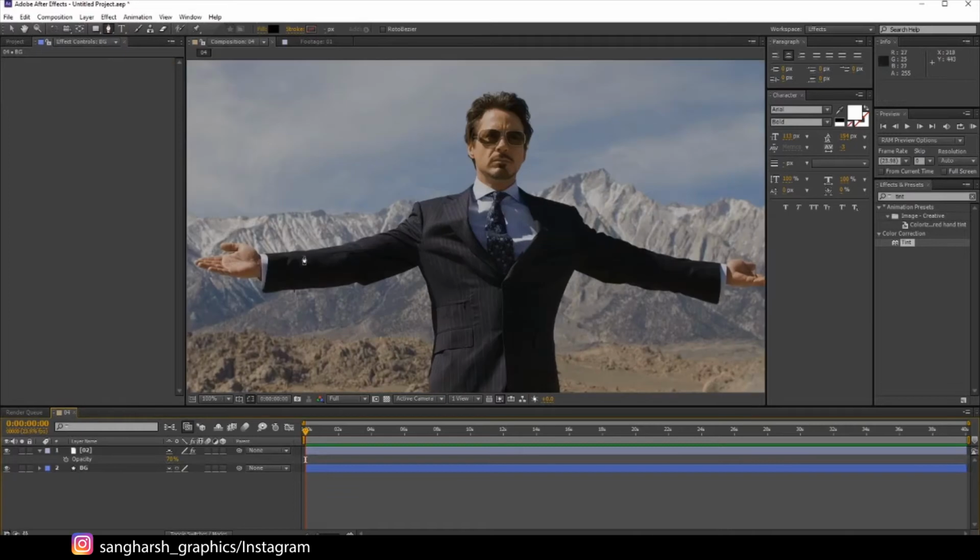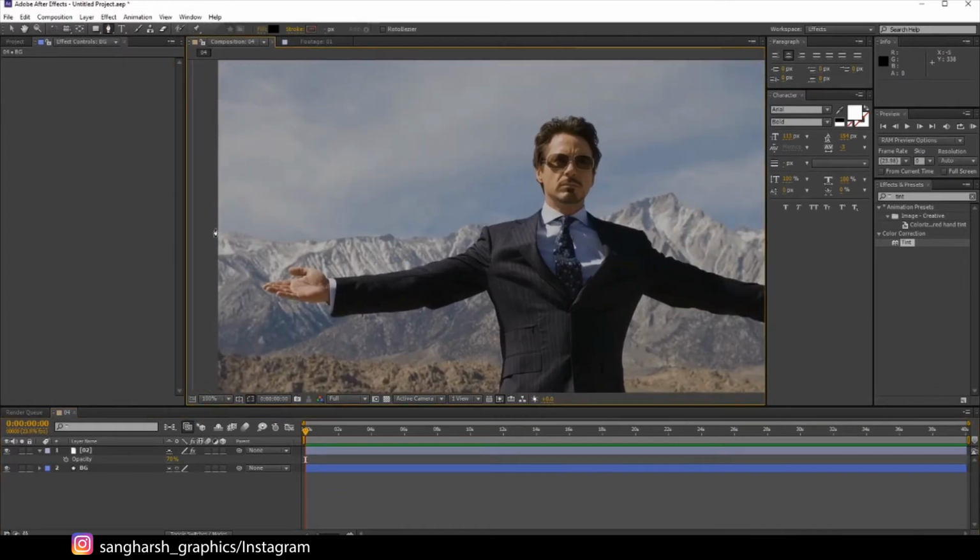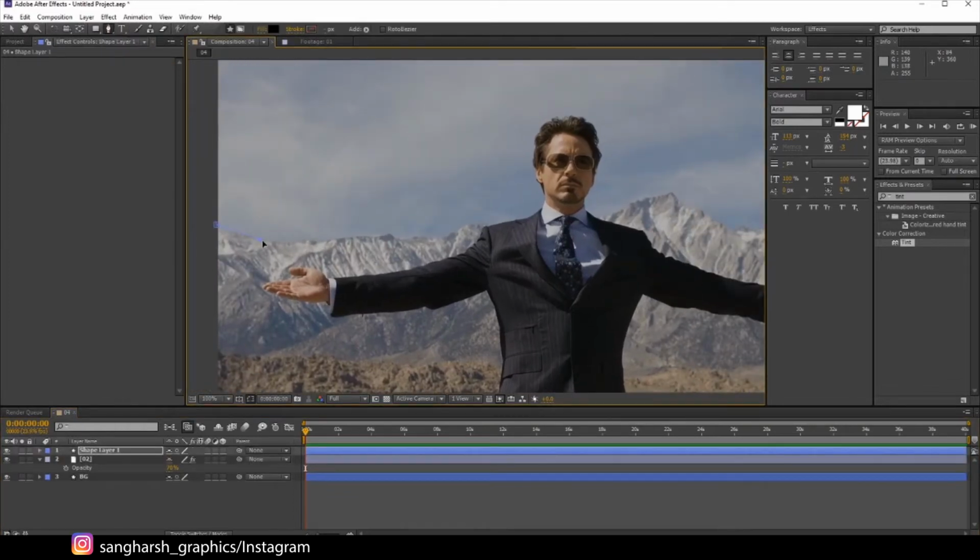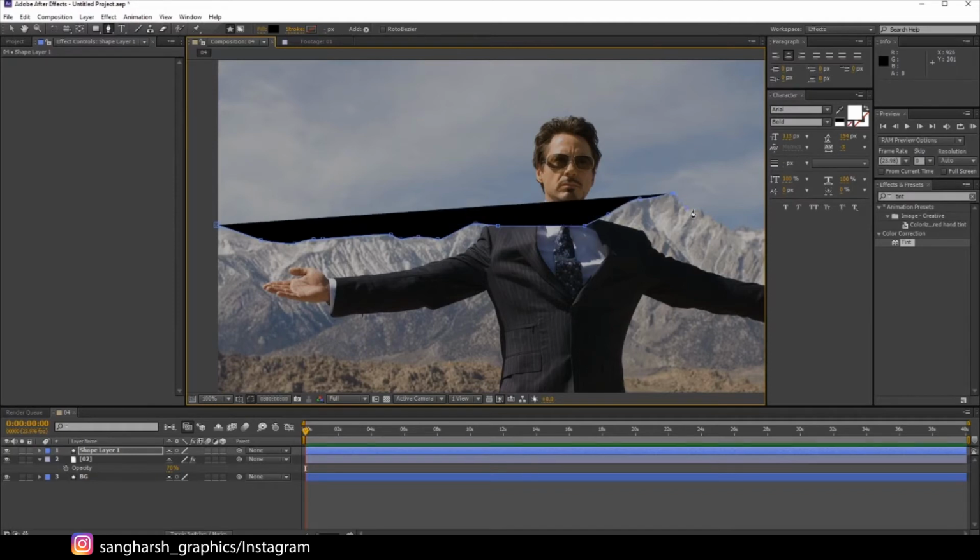Now let's mask the second object, which is this, the mountains, which are closer than the sky. Just make a rough mask like this.